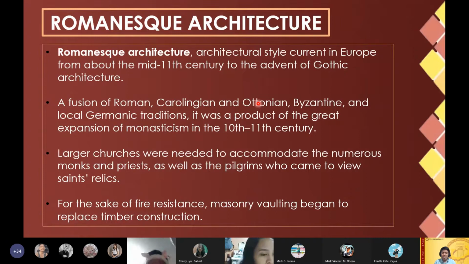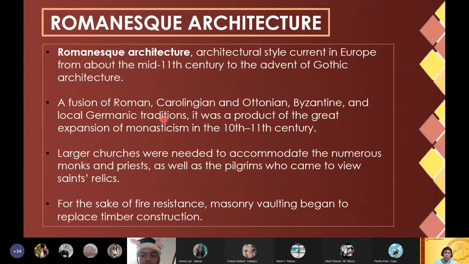But still, ni-occur siya. And if you research deeper on those types of architectures, naa na sila examples and so on and so forth. But this one, Carolingian and Ottonian, actually some of the buildings in this era belong to Romanesque architecture. So again, a fusion meaning a combination of Roman architecture, Carolingian and Ottonian, Byzantine, and local Germanic traditions. So those local German designs during that time, during the 10th or 11th century, ila sa nang gipangkuha and included